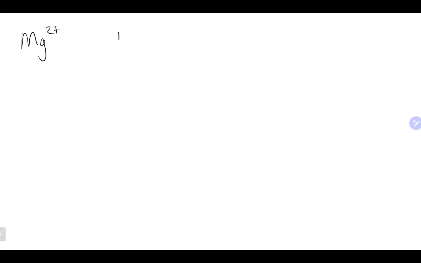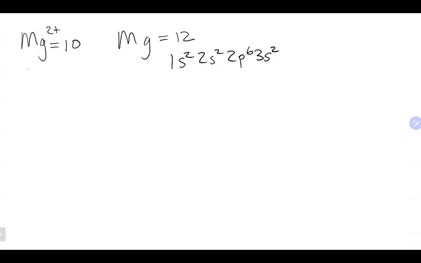So magnesium with no charge has 12 electrons, which means its electron configuration should be 1s2, 2s2, 2p6, 3s2. Magnesium with a +2 charge has how many electrons? It lost 2, which means it has 10 electrons,